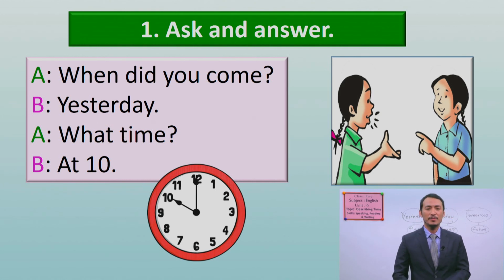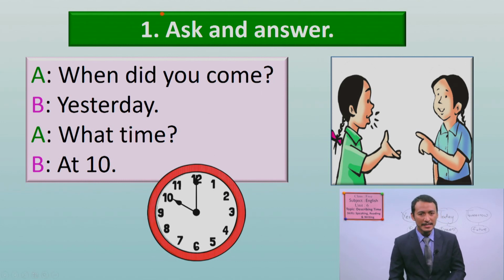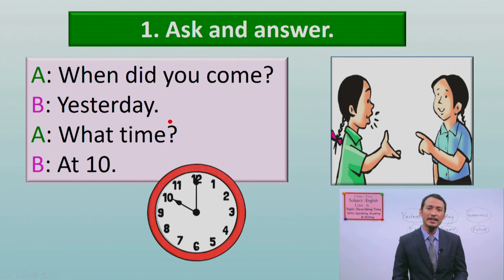Okay? So when someone asks you, what are you going to say? When someone says, when did you come? You can say yesterday, today, or the day before yesterday, or you can even say the names of the days like Sunday, on Monday, on Tuesday, like this. So when you want to ask someone, if someone or your friend is in your area recently, you can ask, when did you come? All right, can you ask like this?